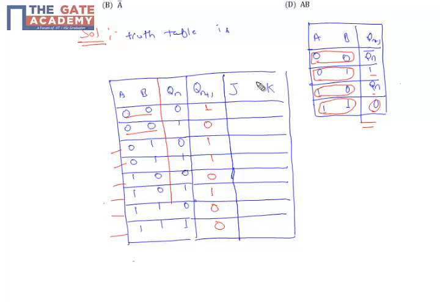which has inputs Qn and Qn plus 1. When we are getting 1 from 0, our value for J is 1, and for K it can be don't care. From 1 to 0, K is going to be 1 and J is going to be don't care. That means we can get 0 from 1 either by 1 1, that is toggling, or by 0 1, that is the reset condition. Now again for 0 to 1 we can get it from